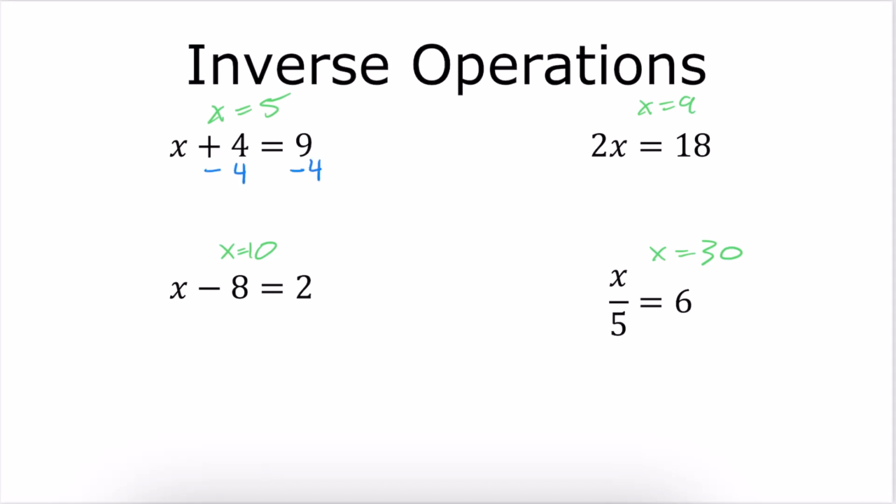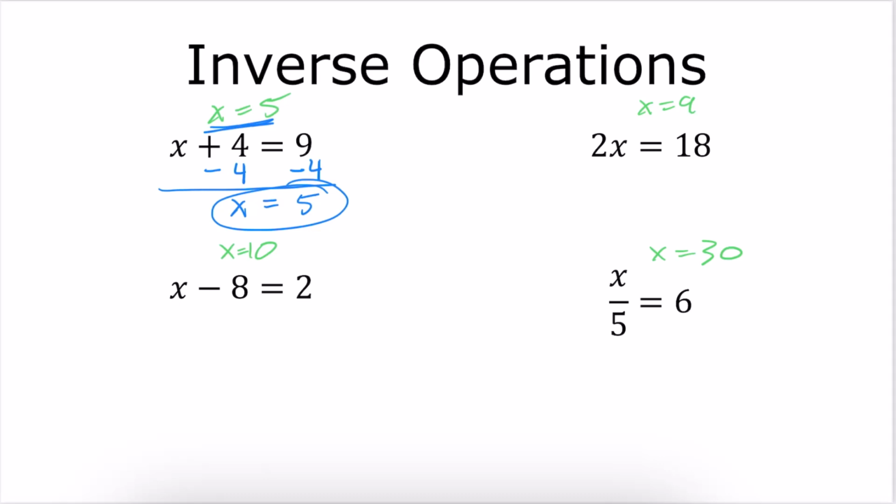And as long as you subtract the 4 from both sides of the equation, your resulting equation, x plus 4 minus 4, that's, oh, sorry, x plus 0, which would be just x. And 9 minus 4 gives you 5. And so that resulting equation is true based on the equation that you were given,